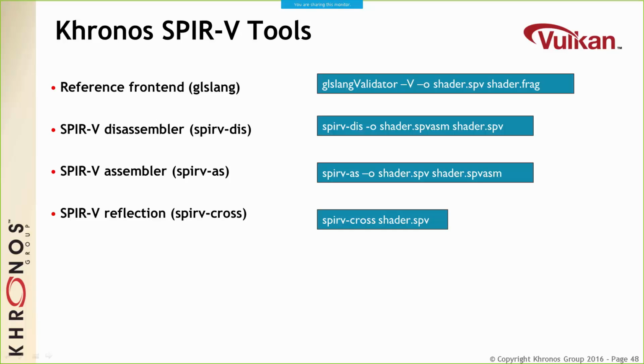And something that Hans Christian will discuss shortly after this talk is a tool called SPIR-V-Cross, which allows you to analyze the layouts and the bindings within your binary shader in order to allow you to more easily create your Vulkan